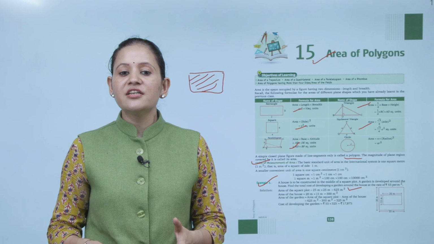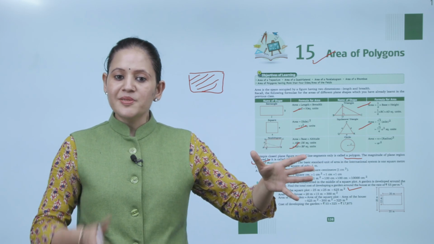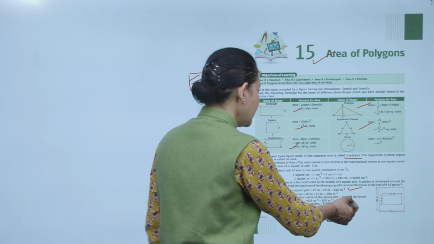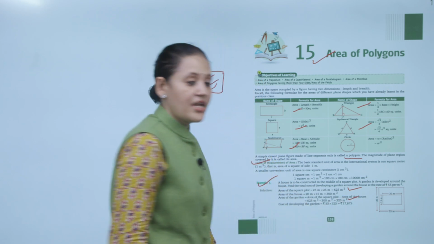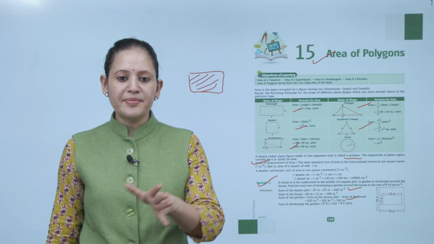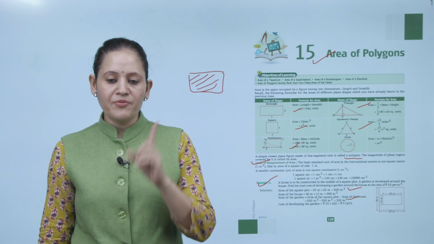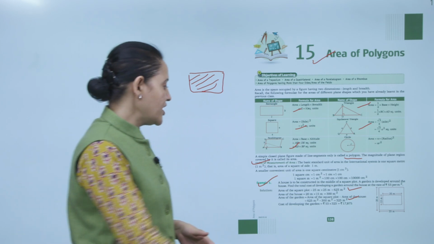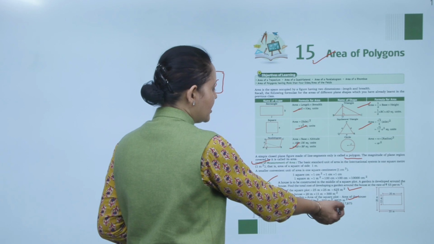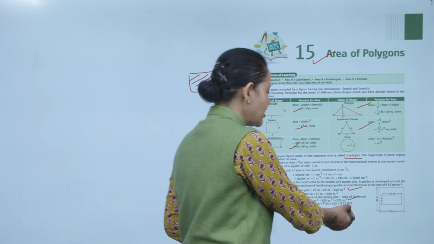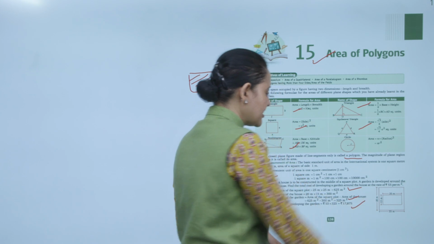Now area of garden क्या हो जाएगा, total plot में से house का area subtract कर देंगे. So that is equal to 325 meters square. Now we have to find the cost of developing the garden, that is 55 rupees per meter square. Per meter square की cost है, so we have to find it for 325 meters square. So we'll multiply by 55. That is equal to rupees 17,875.